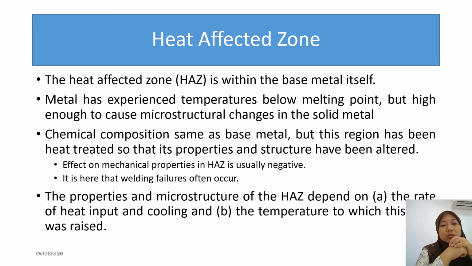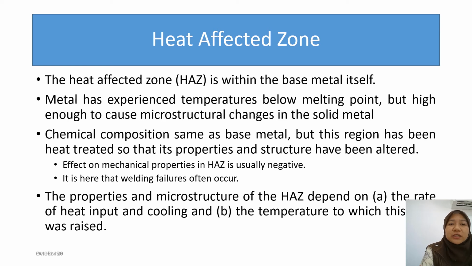So if you look under the microscope, you can see most of the grain boundaries have dissolved into the matrix. In some cases, almost all grain boundaries dissolve into the matrix. Under the microscope, you can see a gray clear area, like a clean area without any phases. So if the material starts to crack at this point, there will be no grain boundaries to stop that crack. The crack propagation will just occur without anything stopping it. That's why failures normally occur at the heat affected zone.